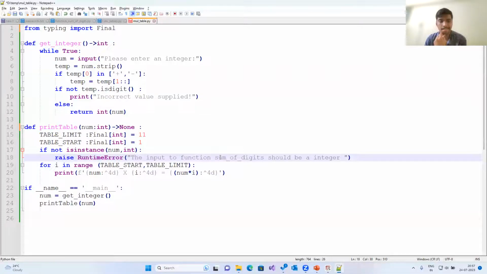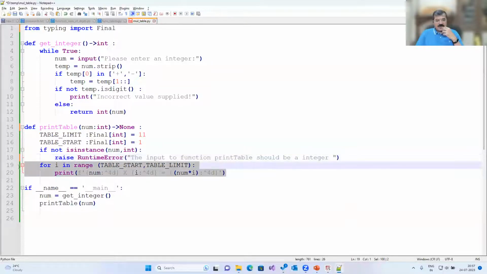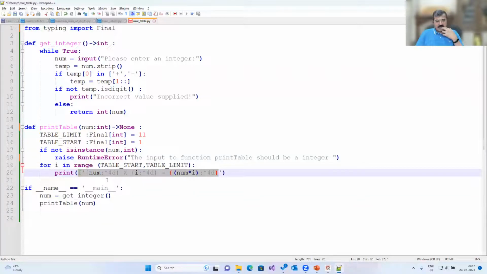Okay, the input to the function, sum of the digits. Okay, printable should be an integer. I in the range start to end. This was the only code. But then you have correctly done the formatting. So